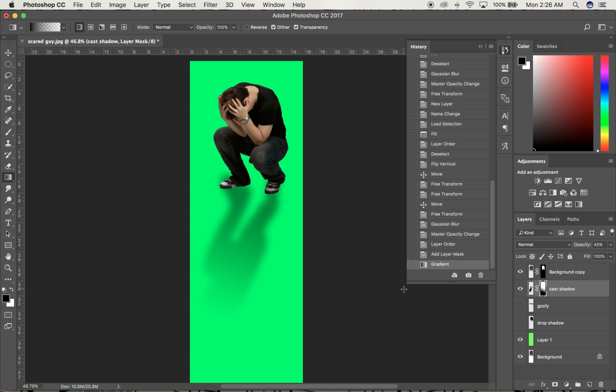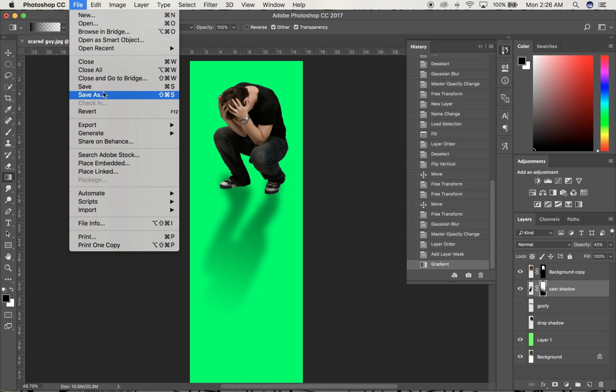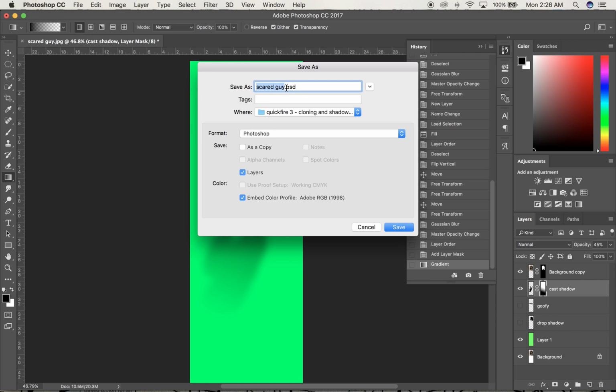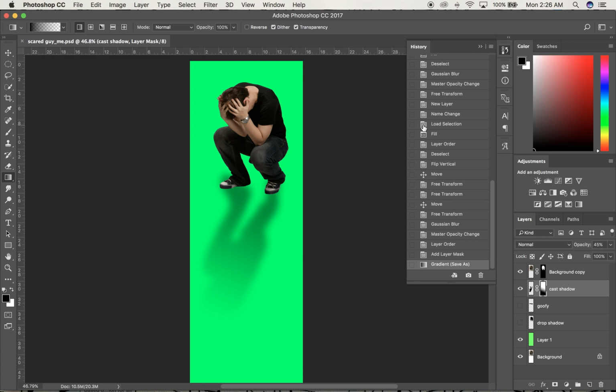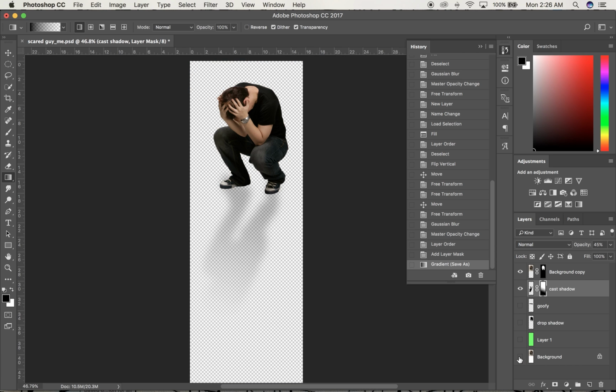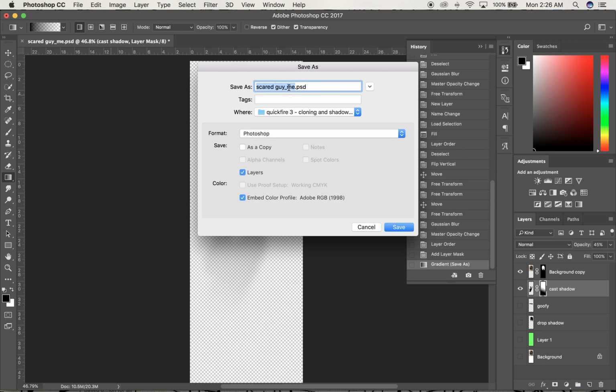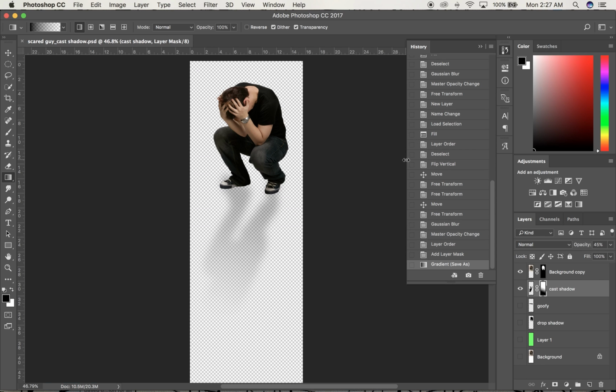Okay, now that I've got this document done, what I would probably do is go up to File and pull down the Save As and change the name. Click OK on the compatibility button. You could take the time to do this. Turn all the eyeballs off, but the guy and this, and go up to File, pull down the Save As, and call this Scared Guy. Leave it as a Photoshop file, Scared Guy Cast Shadow, and click Save. And then I could turn this one off, and turn on the Goofy Shadow and go up again, File, Save As, Goofy Shadow, and then come back and turn on this one and save it out